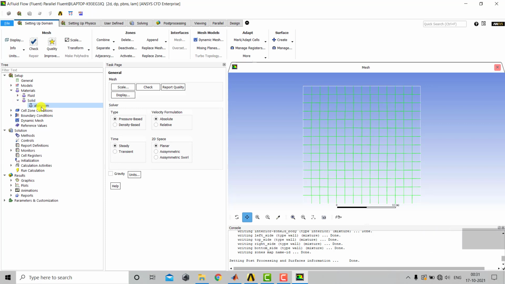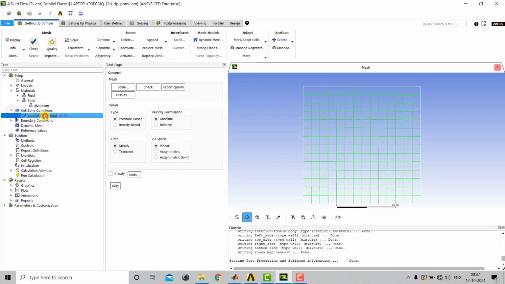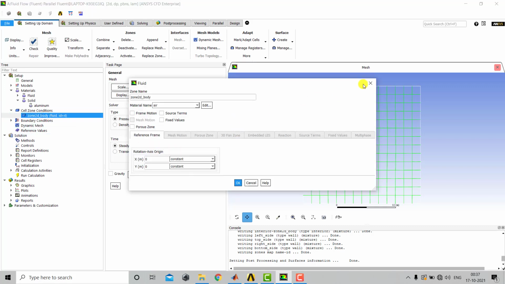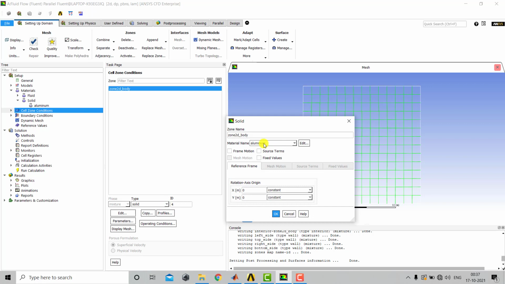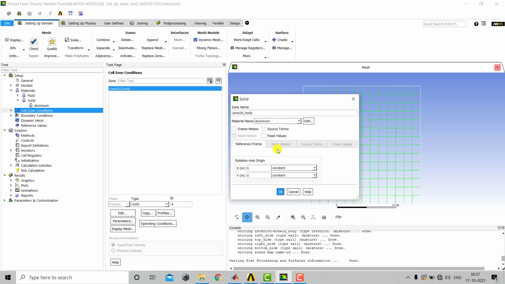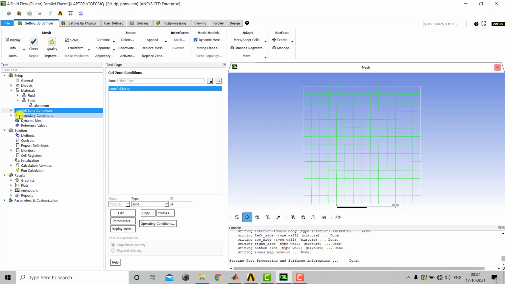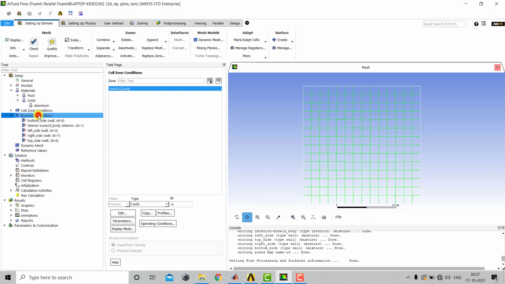So here by default the material is aluminum, and also in the first video we have seen that the final differential equation that we came up with is independent of the material, so it doesn't depend on any material property. Now we'll go for the cell zone conditions where we will define the domain. So we'll select here cell zone condition, and from here first we need to select whether the domain is solid or fluid. So from here we'll select the domain as a solid, and the material assigned is aluminum, and click on OK. Now we'll go for the boundary conditions, so double click on the boundary conditions.